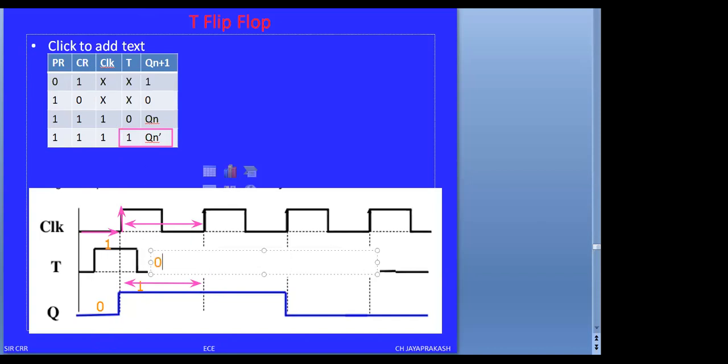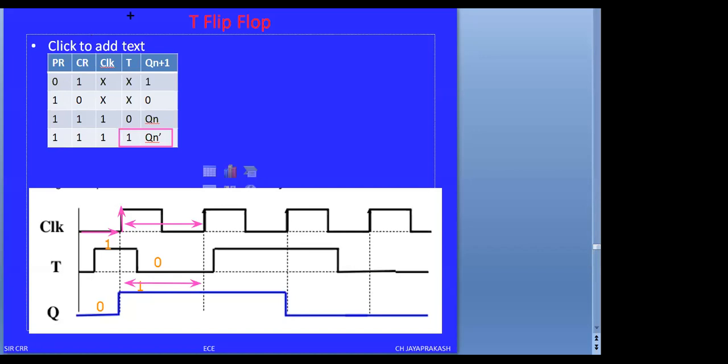If you observe, the value of t is changed to 1 to 0 in between the clock pulse. Even though the t value is changed from 1 to 0, there is no edges appearing across the clock. Therefore, the output value remains the same. మళ్ళీ ఎప్పుడు చేంజ్ వస్తుంది, this value will be changed for the next clock pulse.